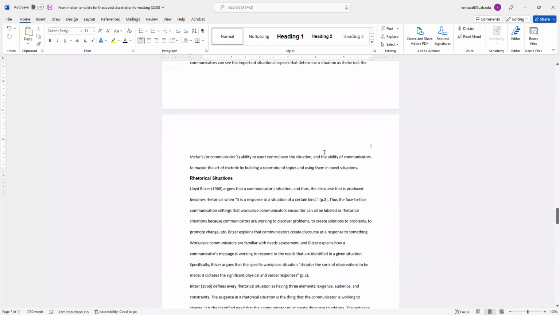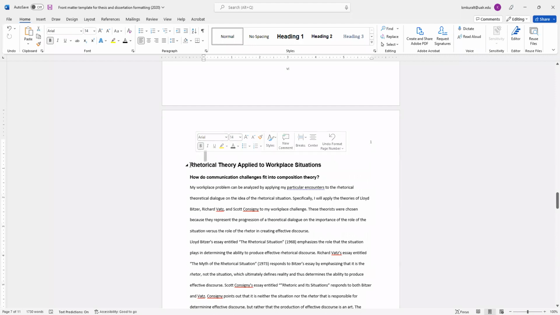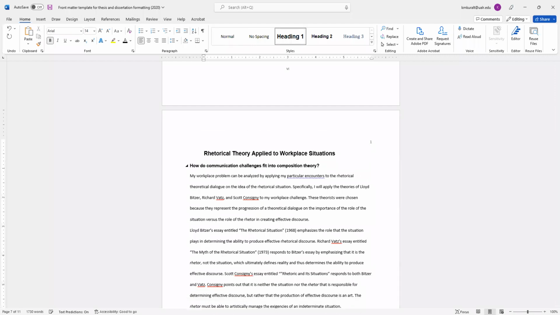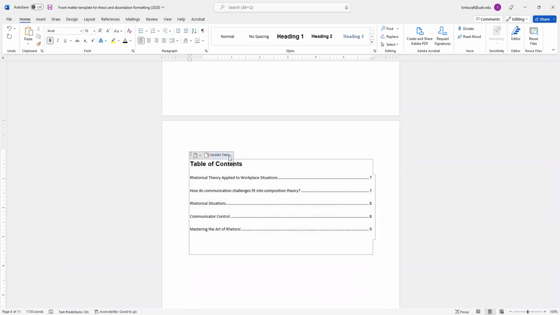Okay, and now the last stage is fix the table of contents. Whoops, let's actually put our heading back up where we want it to go. And of course, it's doing the stupid indent thing again. Okay, so back up on the table of contents, we click update table. And in this case, the only thing we changed was the page numbers. And now all the headings and subheadings appear on the right page numbers.